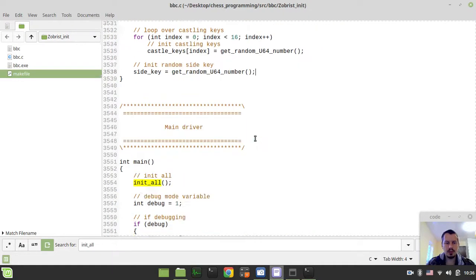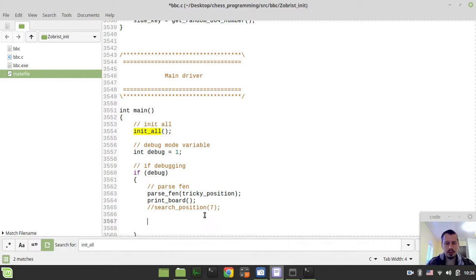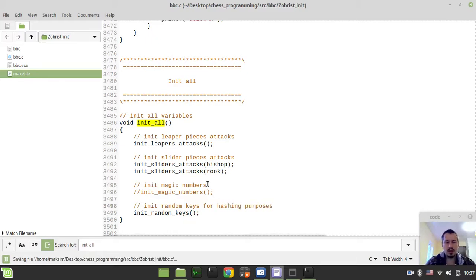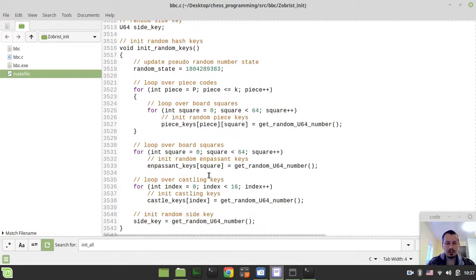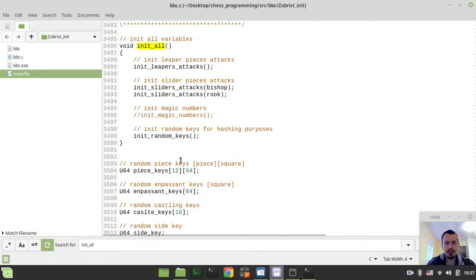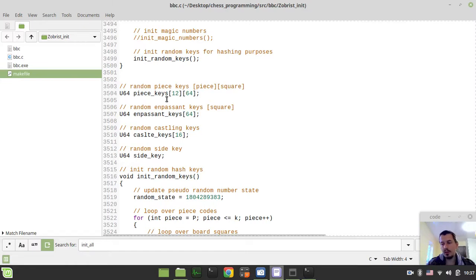So the very last thing we need to do, we need to include this function call into our init_all function. So here we want to initialize random keys for hashing purposes. Okay, so I guess this is it, guys. I'm just not really showing you how all the other random numbers look, because it's literally the same as what we had here. So we have all these arrays being initialized with a random U64 unsigned long 64 bits long integers, and that's